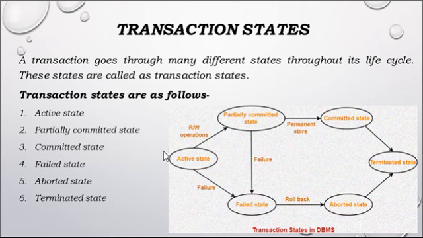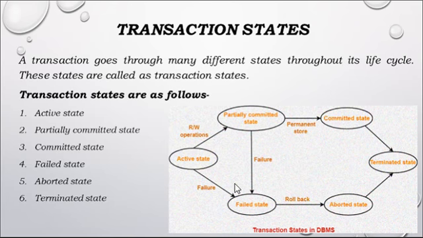When we are performing execution on a transaction, it will be in the active state. After performing the read and write operations, we go to the partially committed state. Here our transaction is already completed, but it is not permanently stored in our database or secondary storage. Here we will check the consistency of our database. If our database is consistent after performing the transaction, we go to the committed state. This state will permanently store our new transaction to the secondary storage. After completing and saving our transaction, we go to the terminated state.